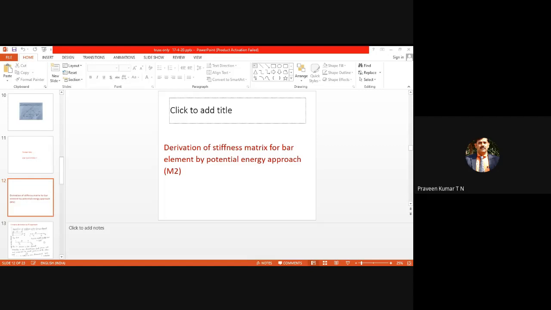Then there is the fluid element. I think yours belongs to the 2017 scheme, and in your scheme they have removed the fluid element. Earlier it was there; instead, they have added some additional problems on vibration. The field variable in the case of a structural problem is the displacement.